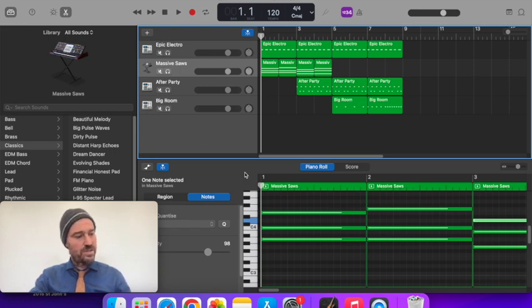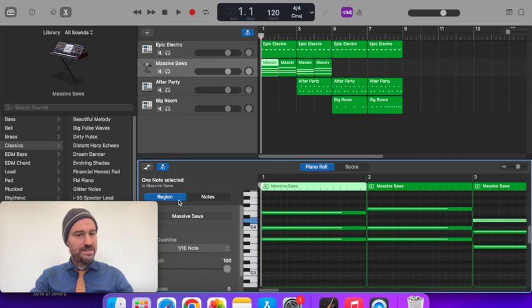So to do so, in the tracks area, select the region you want to rename. So in this area, if I want to rename it, choose that. Okay, and then in here, I want to select the region tab in the piano roll editor. Okay, and then in the region name field,